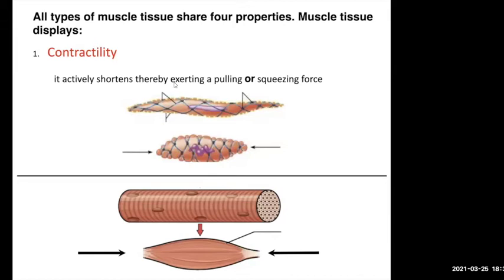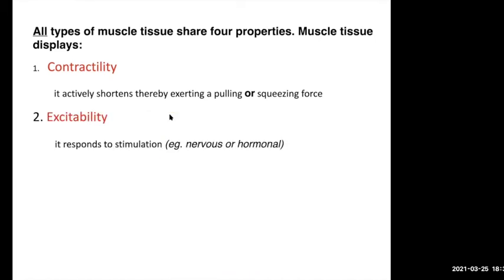The contractility is your key property of muscle tissue. It's unique to muscle tissue in that here's a muscle cell, and when it does shorten, it's going to be connected to others in such a way that it shortens and it pulls on things. This is a smooth muscle, which might be arranged in sheets. This is a skeletal muscle, which is ultimately attached to tendons, which is attached to the bones right there. So this is your key property of muscle tissue and the unique thing that no other tissue has. The other